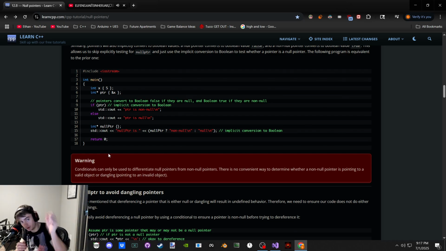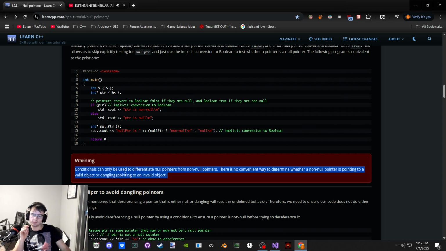Those are all separate coordinates. So I don't fully agree with this, but I agree with the spirit of it. There's no way to tell if a pointer is valid or not with a condition. Is pointer valid? Because you would have to go and check and dereference what it's pointing at to see if it's even an object. But I don't even think a pointer is aware of the object. I think the pointer is just pointing at the value at a particular piece of memory. And it just so happens that when you set it to be the address of an object, it's wherever the object's memory starts. So if it takes up 4 bytes, it's the first one.